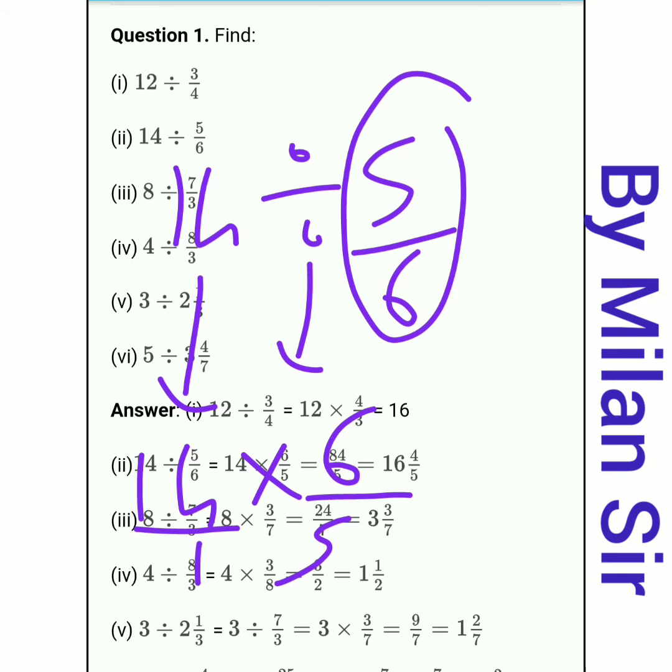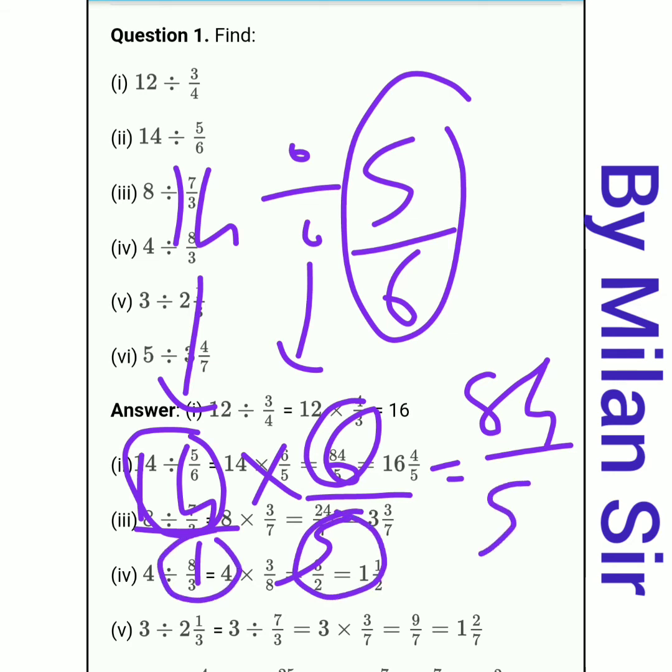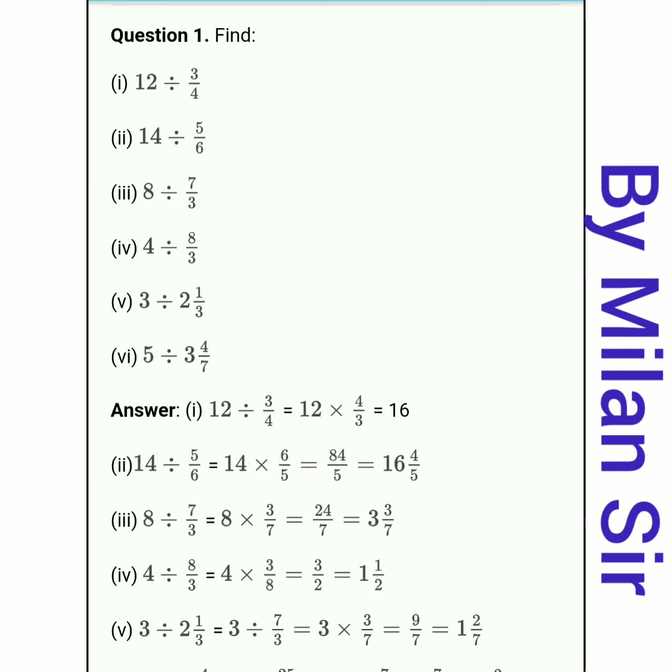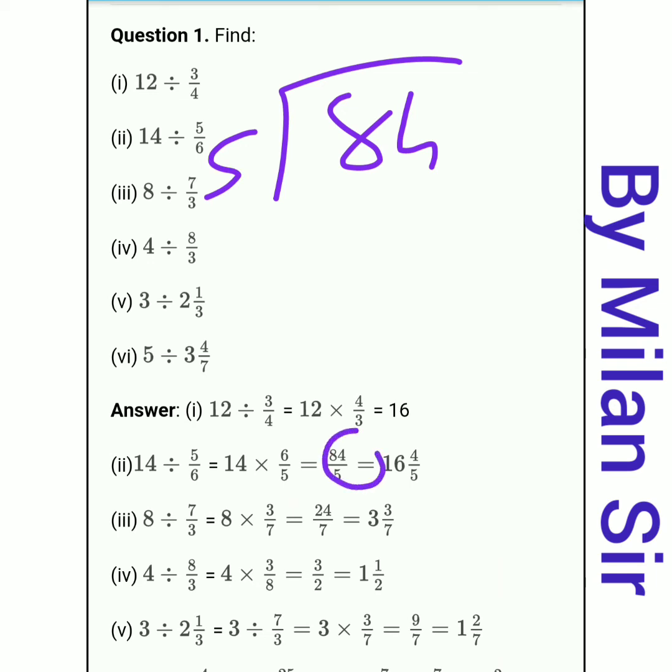Okay, here we cannot cut anything in numerator and denominator, so directly we need to use multiplication. Okay, here 14 6s are 84. Denominator, 5 ones are 5. Okay, so 84 divided by 5. So 84 by 5, it is an improper fraction, right? It is an improper fraction, so we can convert it into a mixed fraction.